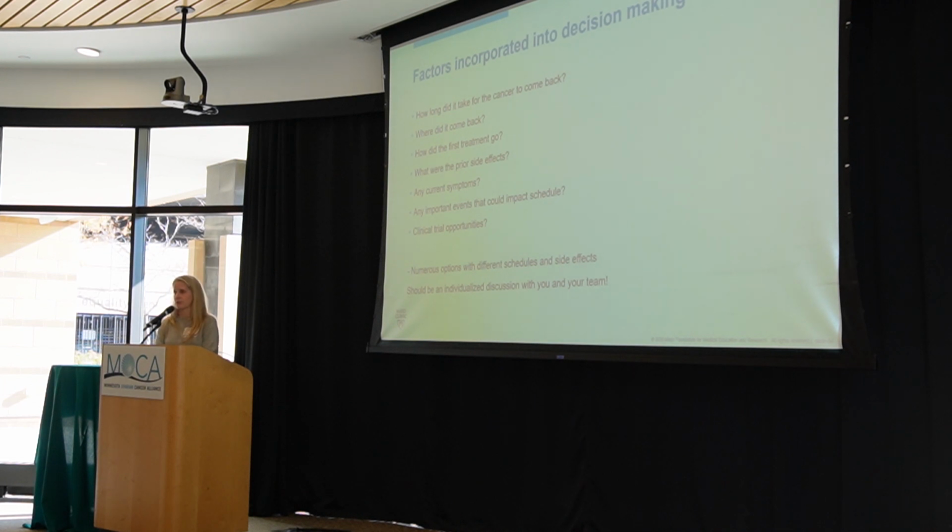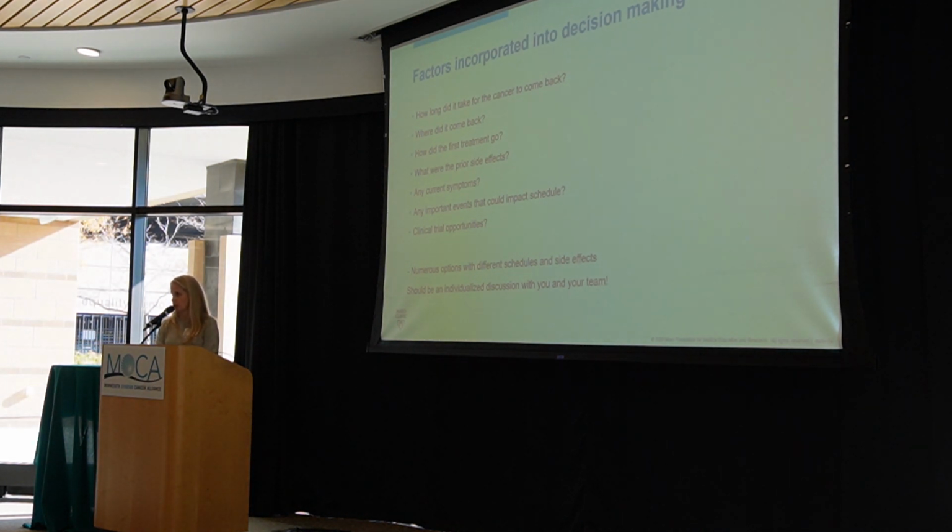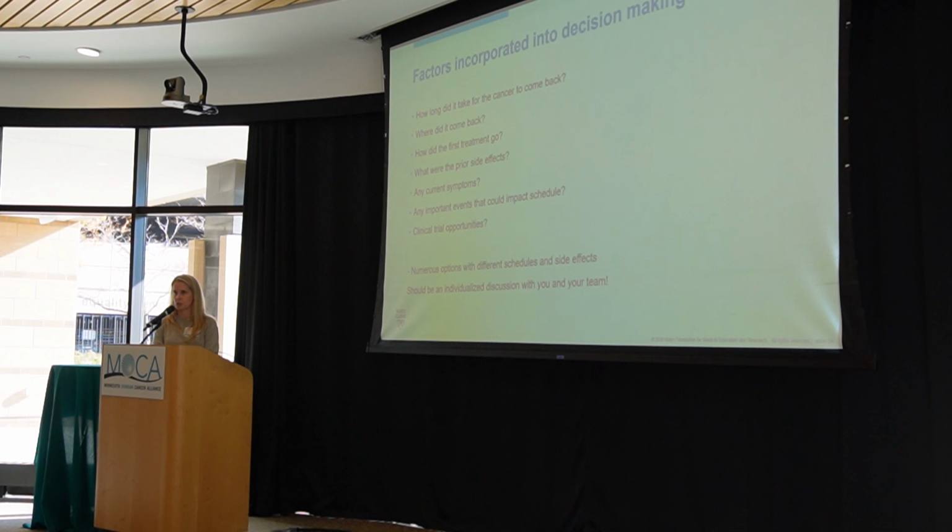What happened during the first chemotherapy? How was it tolerated? What side effects did you have? What happened with the tumor? And what are your current symptoms? What should we really be focusing on, or what treatments should we avoid because it could worsen some of those